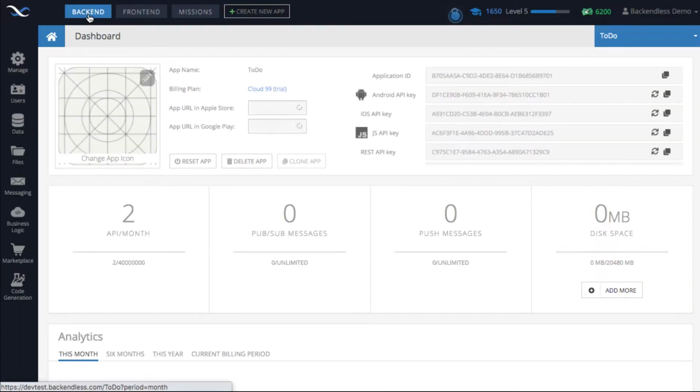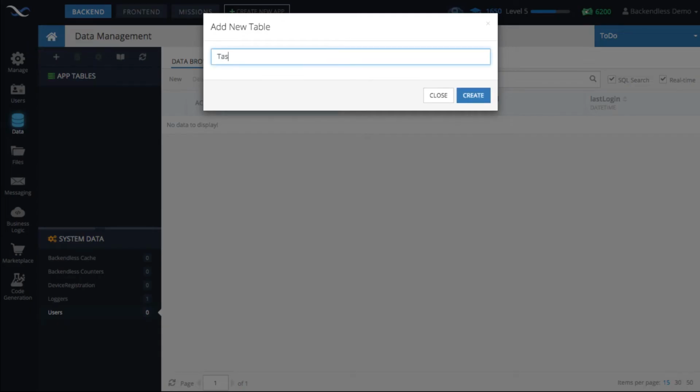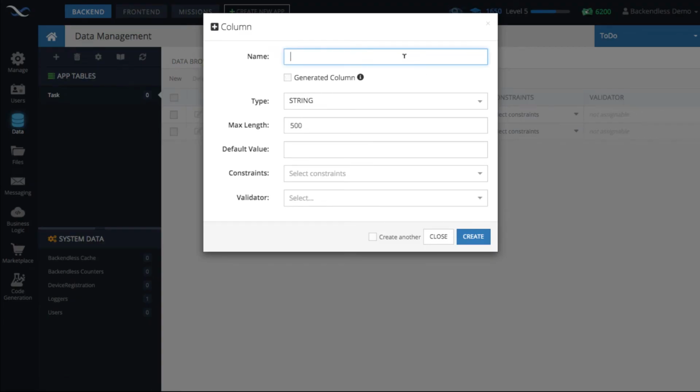Before we jump to UI Builder, since this is a to-do app and we need to have something in the database, let's set up the backend and just have it there, because the way I'm going to structure this video is I will focus on basically CRUD, create, retrieve, update, delete, for basic and fundamental functions of any data-driven application. And the very first use case is going to be retrieve. So in order to handle that particular use case, we need to have some data in a database. And let's create our table. It will be called task. And in this table, we're going to configure schema. The schema is going to be very simple.